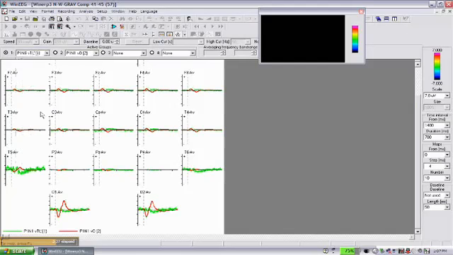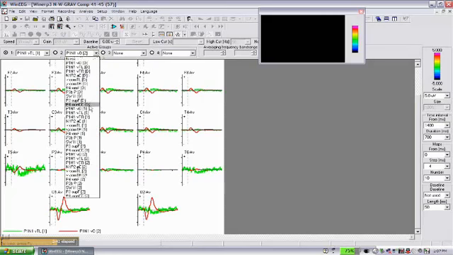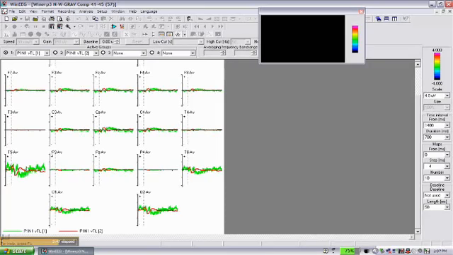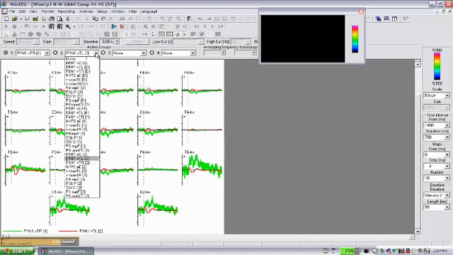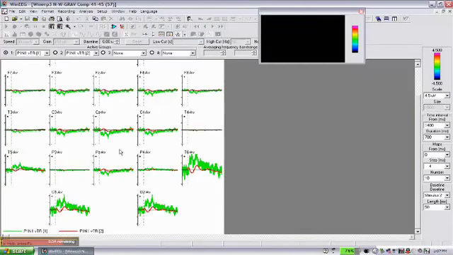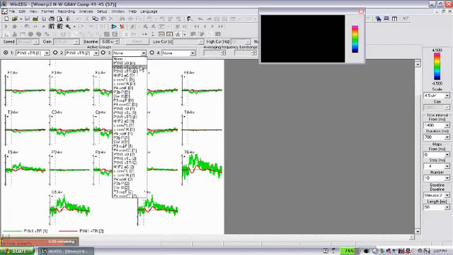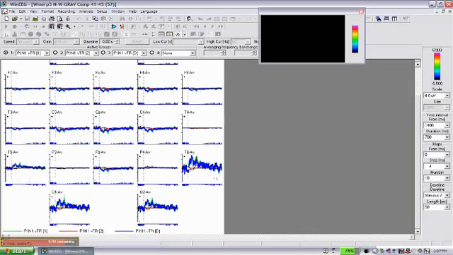The second component is generated in the left temporal area. And again, in this case, we don't see big differences in this component. On the right side, we see some differences. The amplitude of the component on the right side is higher, significantly higher in